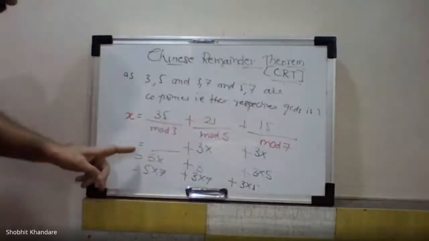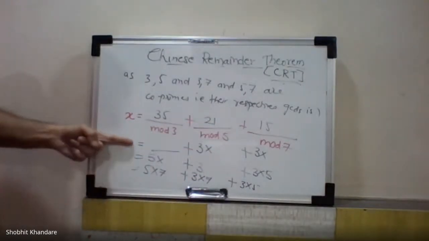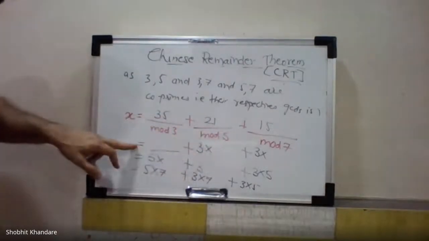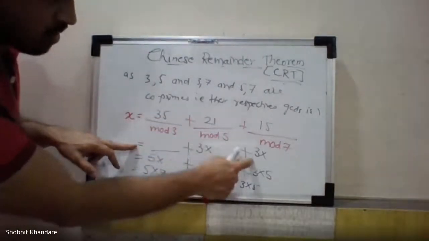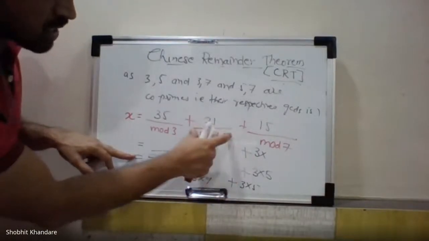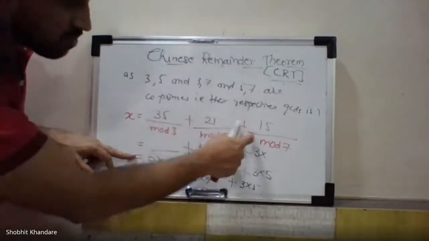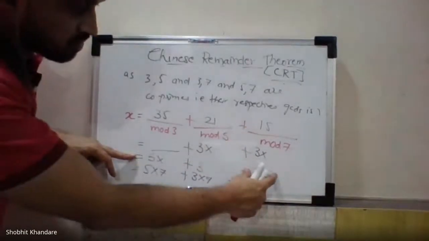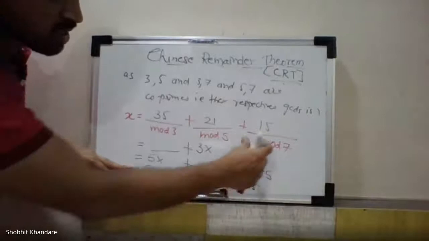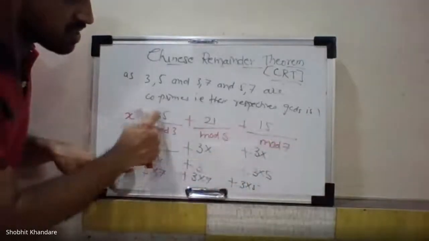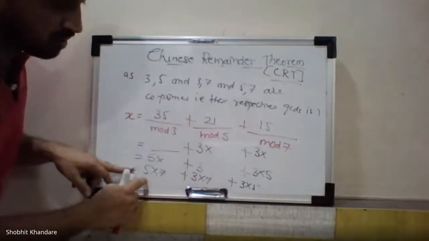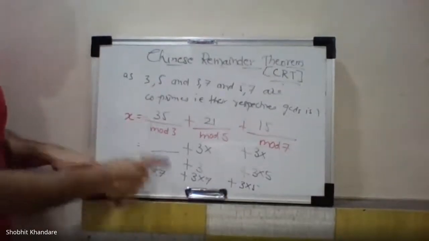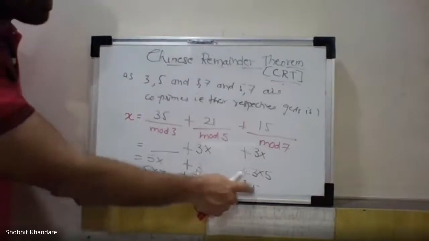Ultimately, by doing these 1, 2, 3 steps. Step number 1, consider the first term, multiply second and third term by 3. Second step, consider the second term, multiply the first and third term by 5. So 5 into 5. Last step, consider the last term and multiply the first and second term by 7. So 7 into 7, यहाँ पे कुछ भी नहीं. So 5 into 7, 35, 3 into 7, 21, and 3 into 5, 15.